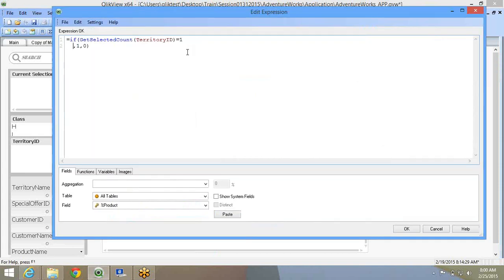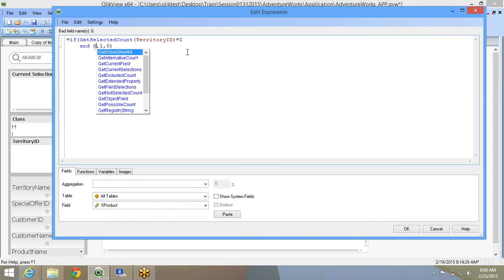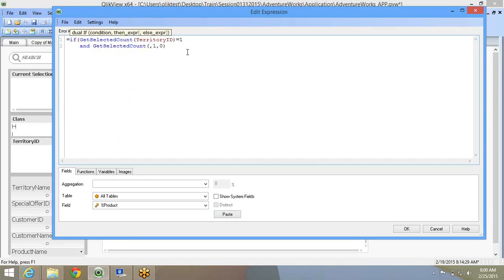If territory ID is 1 and get selected customer ID is -1, and ship method ID. So there's the multiple condition you can add. Exactly.